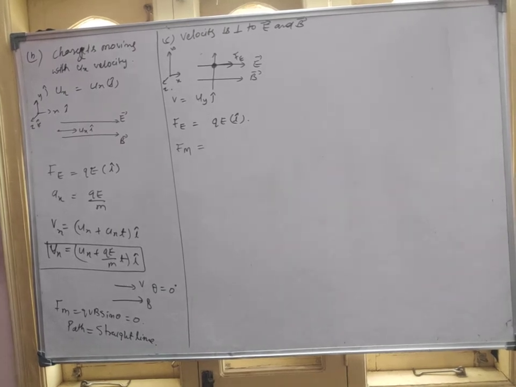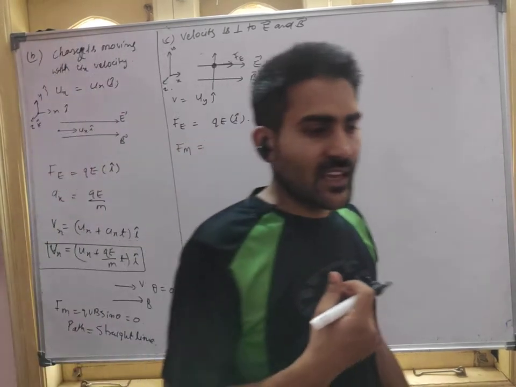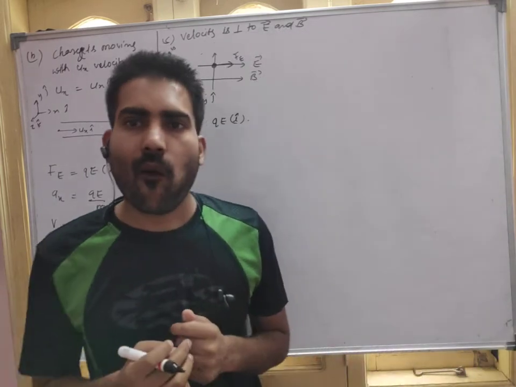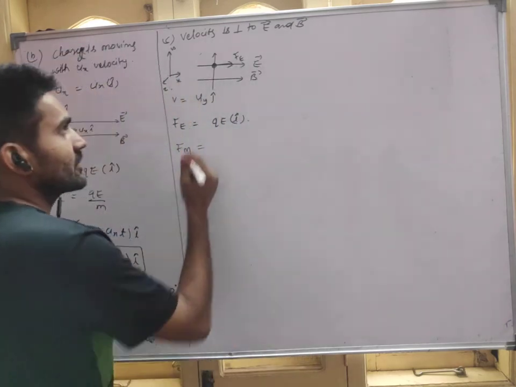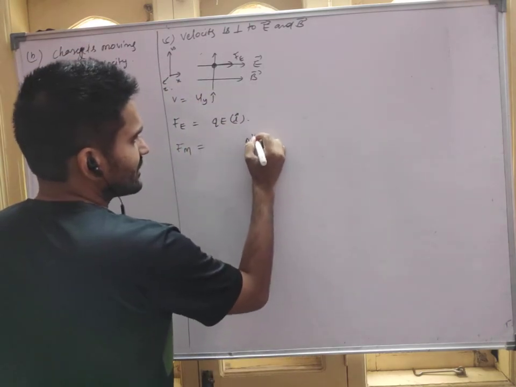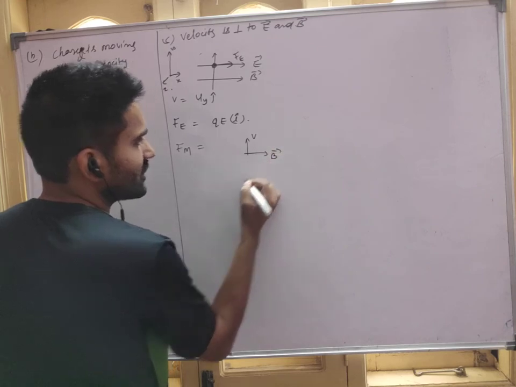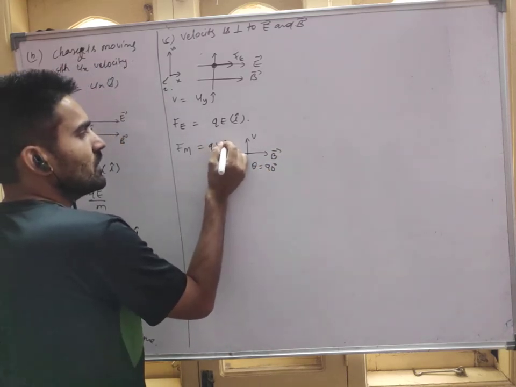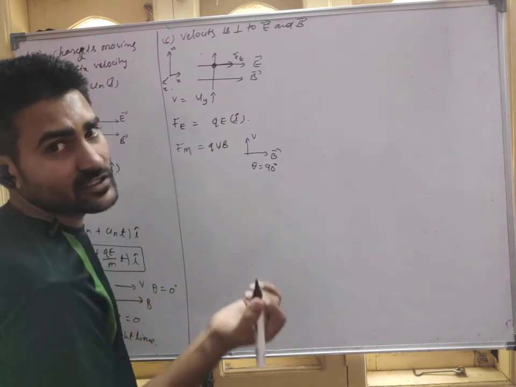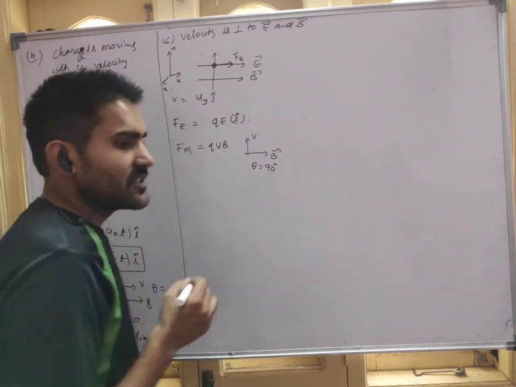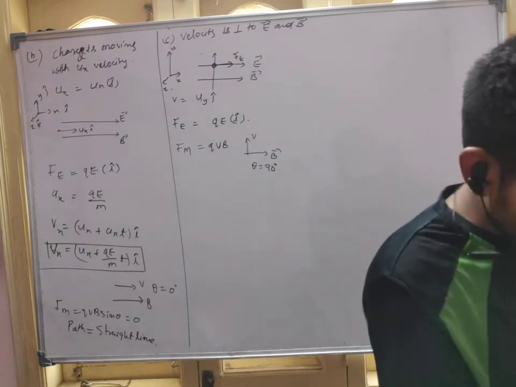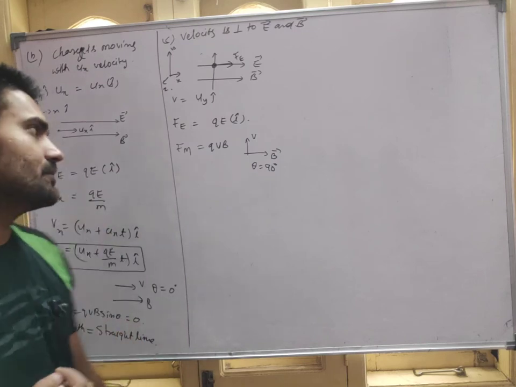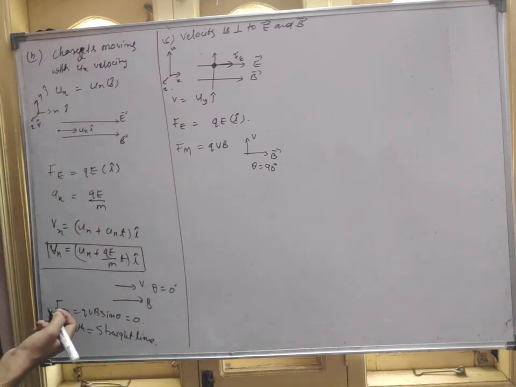Okay, guys. So what will be the magnetic force here, guys? Now what is the angle between the magnetic field and the velocity, guys? I think it is 90 degrees here. See, the velocity is in this direction, the magnetic field is in this direction, so theta here is 90 degrees, right? So it will be QVB. Which velocity? See, guys, here will the velocity be constant or will it be changing? Tell me. In the y direction. Tell me.